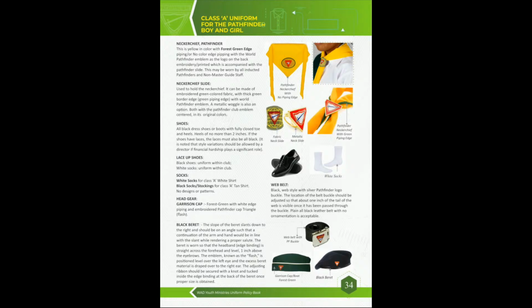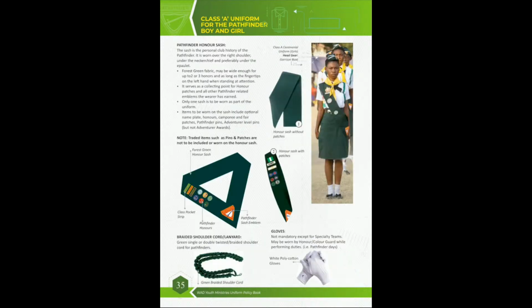So, the Pathfinder honor sash. This sash should have, actually we usually use such a small sash that it can't even hold two honors, right? But that sash should be able to hold at least 2 honors on the same line. Because this Pathfinder will have to work for many honors, right? Think if he is having a small sash like that, he can't even put more than 20 on it. And the honors on the sash should be here only, not on the back.